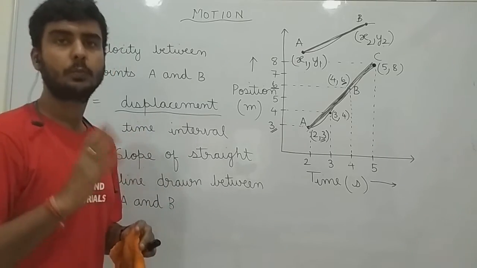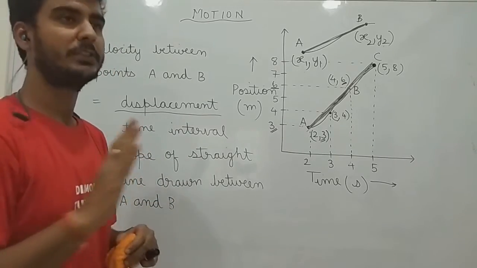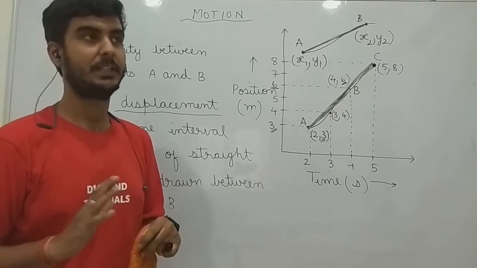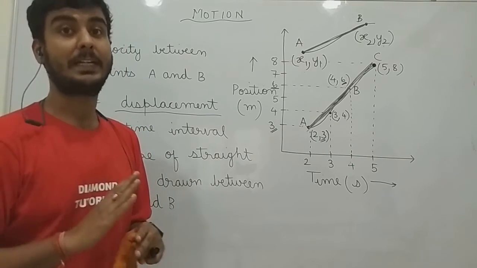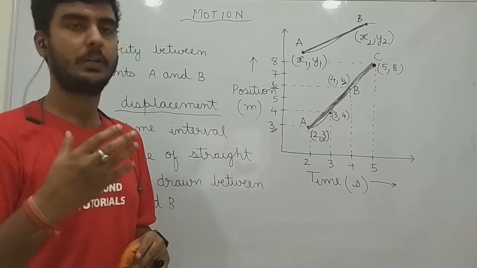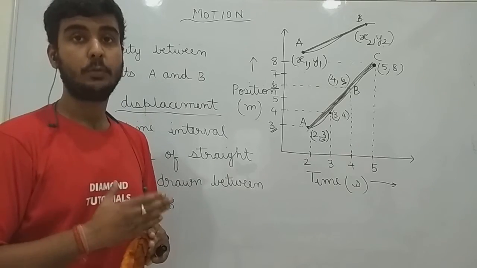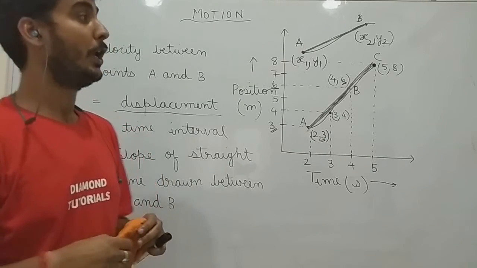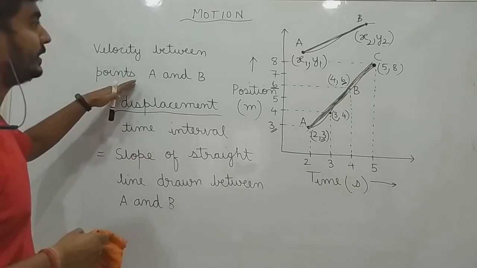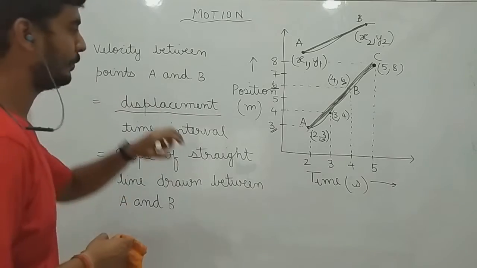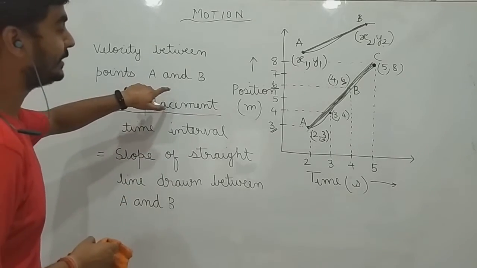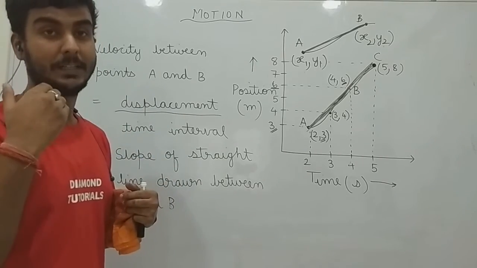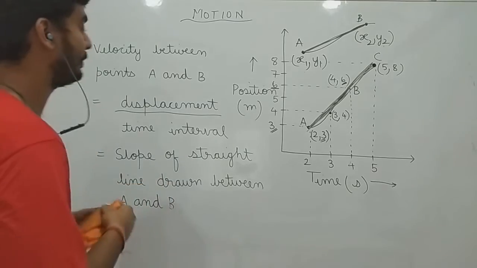You will come across one more term, that is speed. So velocity and speed are very close to each other, but they are very different from each other. Basically, velocity is a vector quantity. I have discussed what a vector quantity is. It has magnitude as well as direction, but speed will not have any direction. The formula for velocity and speed are more or less the same, only instead of displacement, in case of speed, you have to divide distance by time, not displacement by time.